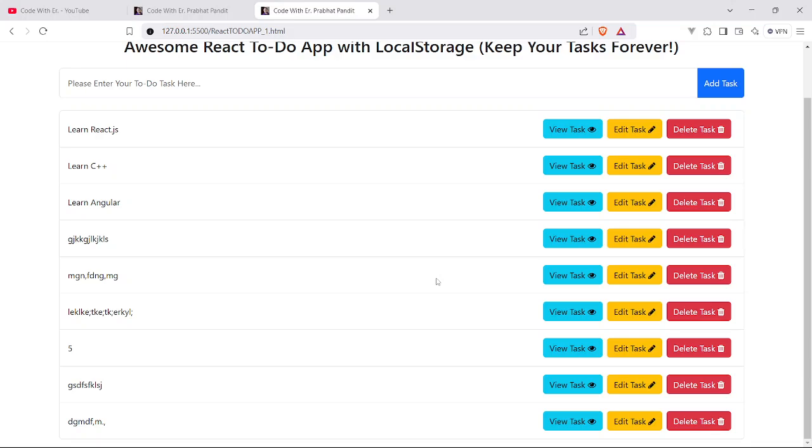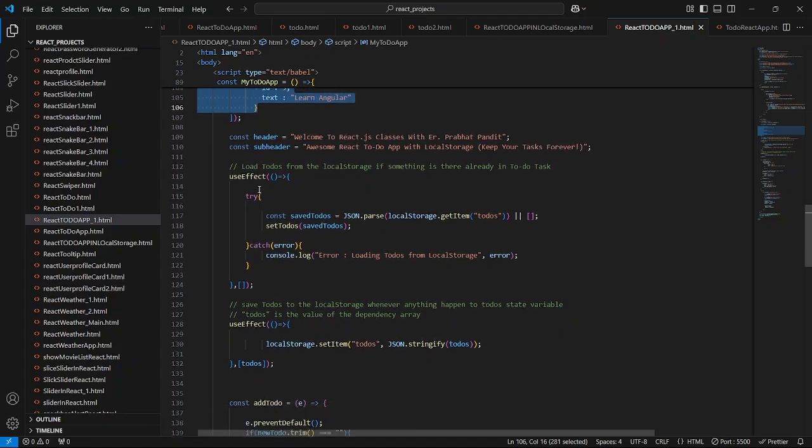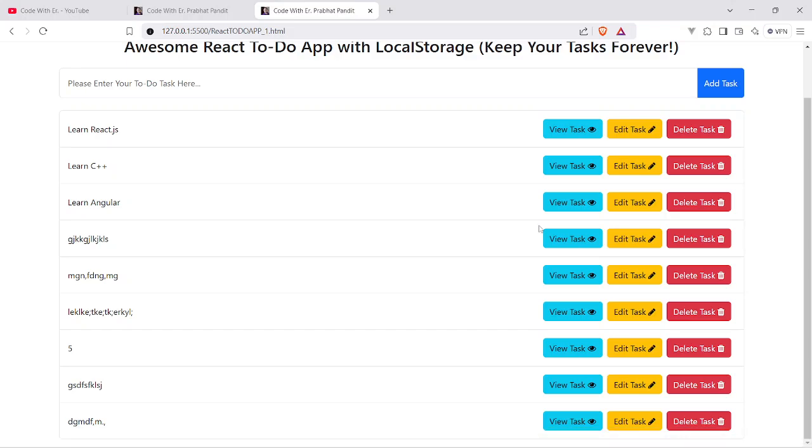Because we are saving each and everything in the local storage, and we are fetching each and everything from the local storage also, and we are showing it here also. You can see here we have got the default task is only three, but we are saving each and everything to the local storage using these two useEffect methods. And we are fetching it from the local storage also using the useEffect hook only,